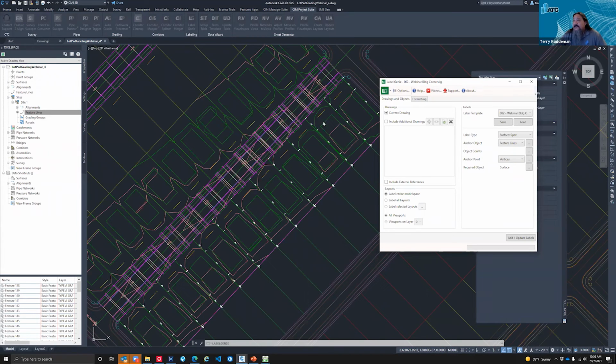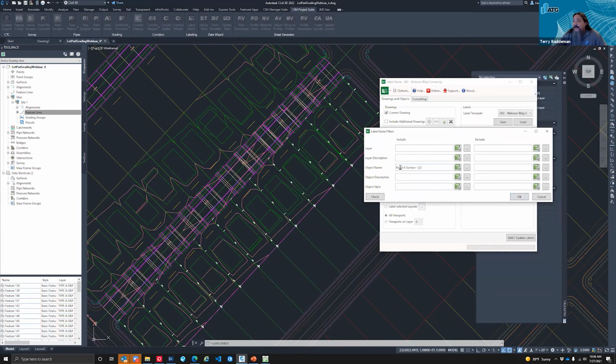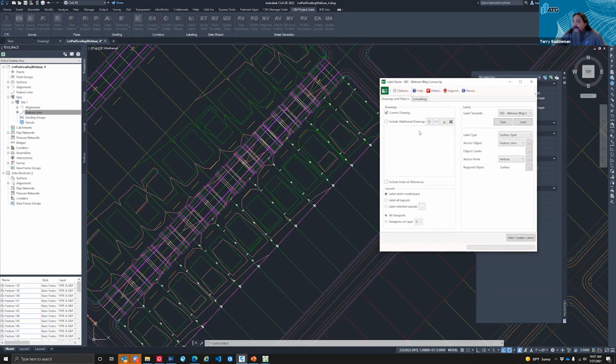So it knows the feature line points and its vertices. So we have to tell it a surface. And so you can go through here, and I've already defined my surface as this Road A surface, which is my corridor surface. So you just specify the object name as the surface you want, and you can use reference text inside